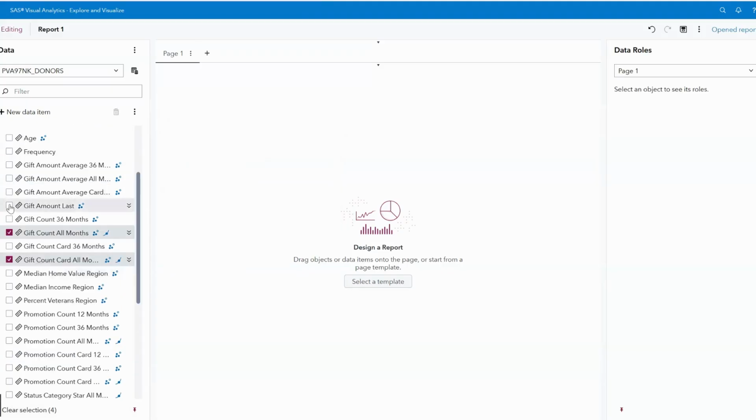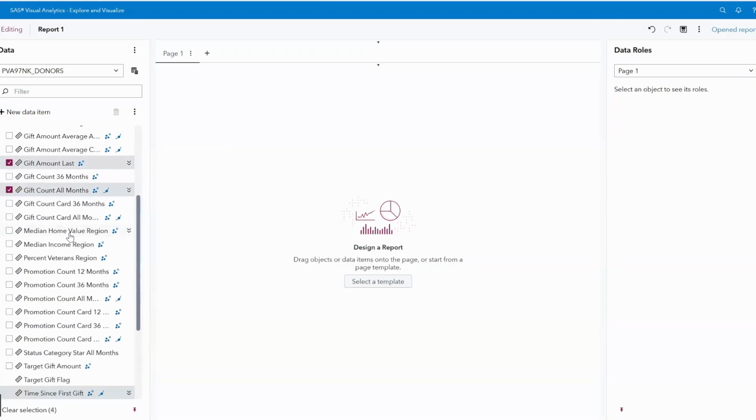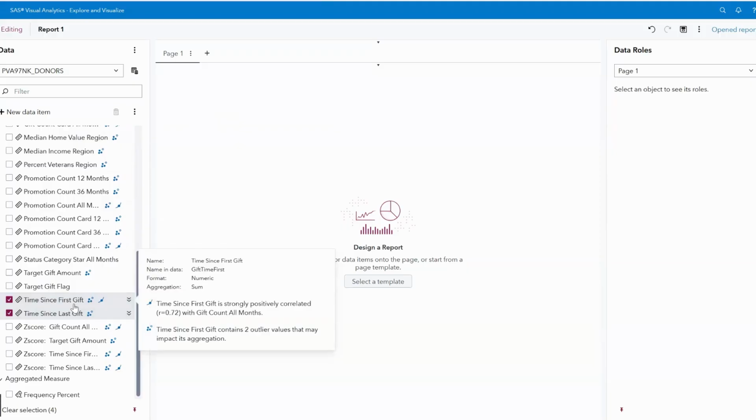So amount measures monetary value, gift count measures frequency, and then we have time since first gift, which measures tenure, and time since last gift, which measures recency. All 4 variables are interval, and